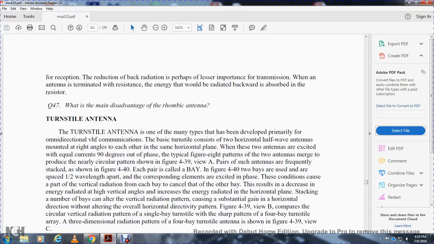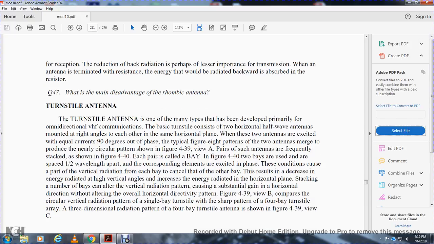The typical figure-eight patterns of the two antennas combine to produce the nearly circular pattern shown in Figure 439, view A. A pair of such antennas is frequently stacked, as shown in Figure 440. Each pair is called a bay. The bays are stacked end to end and are spaced one half wavelength apart. Corresponding elements are excited in phase, which causes the radiation of each of the bays to cancel the other out